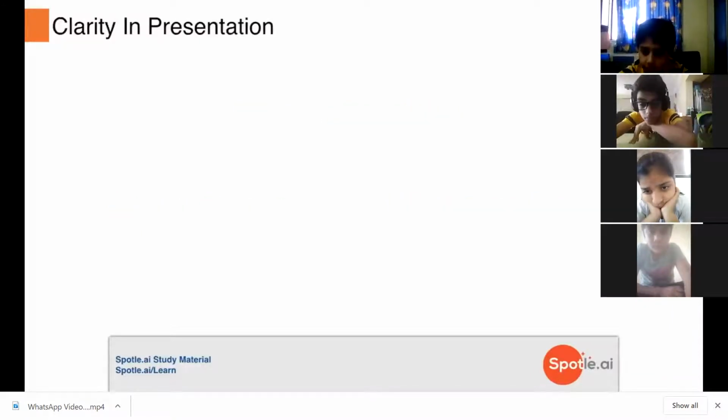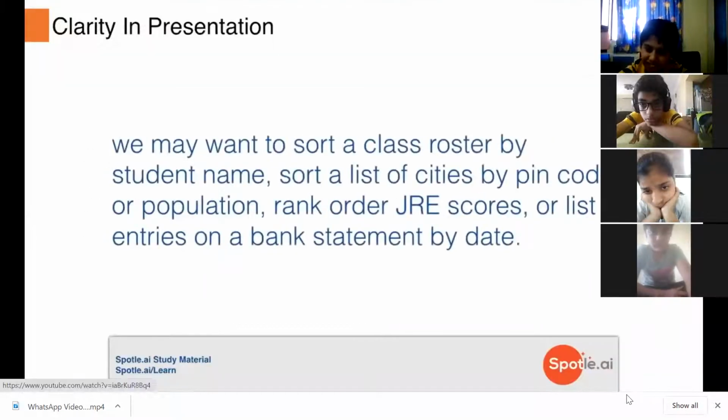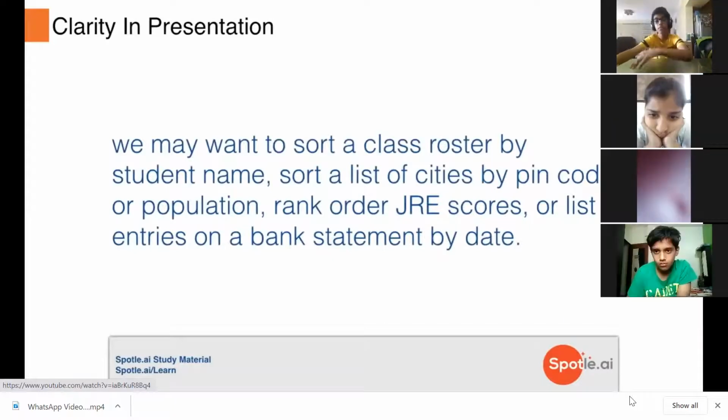Another benefit of sorting is for the presentation of data in some organized fashion. For example, we may want to sort a class roster by student name, sort a list of cities by PIN code